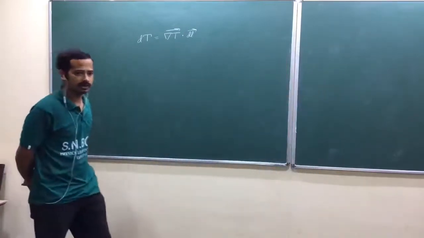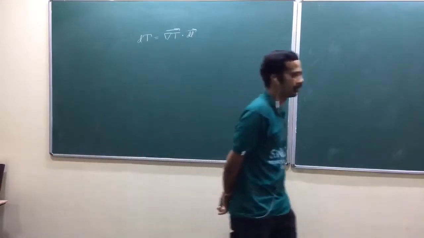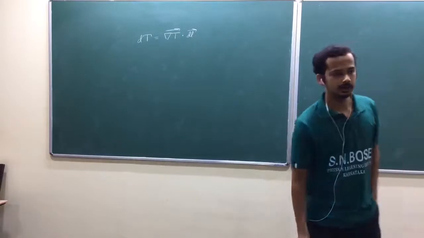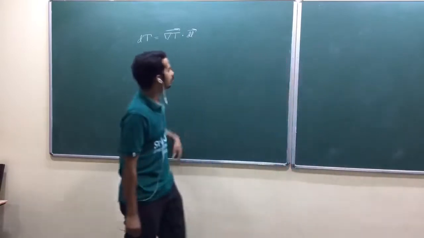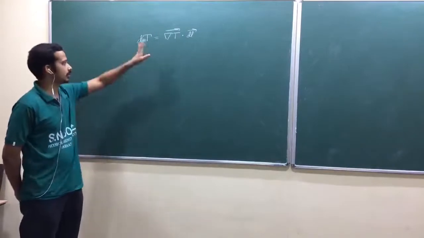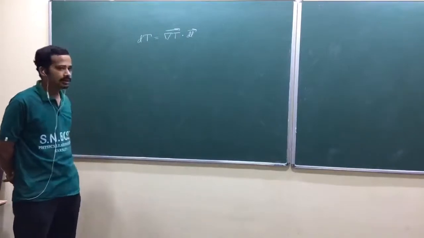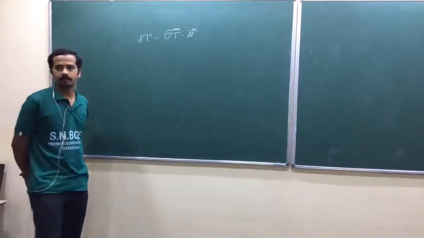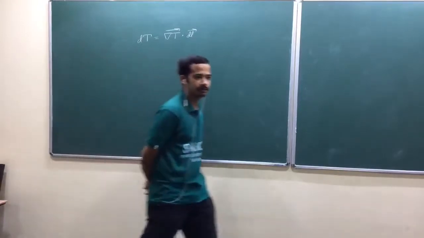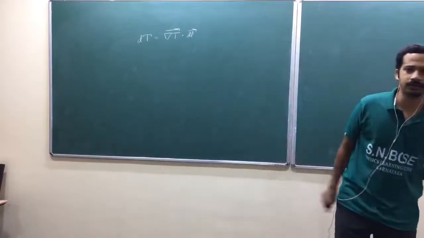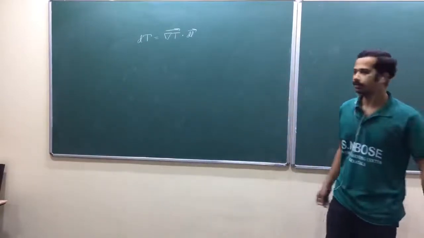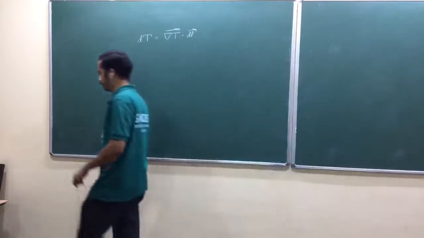So that's why the gradient points in the direction of maximum change in T. So in space, if you are displacing from any one point, the change in that parameter will be maximum in one particular direction. That is the direction of the gradient, isn't it? Then we got one more idea. The magnitude of the gradient is the maximum rate of change of scalar T with respect to displacement, isn't it?